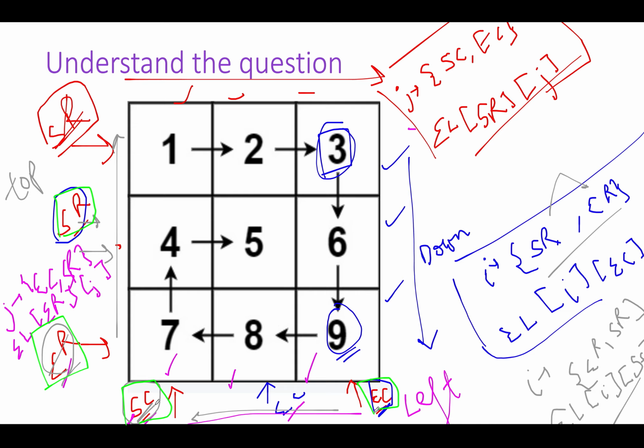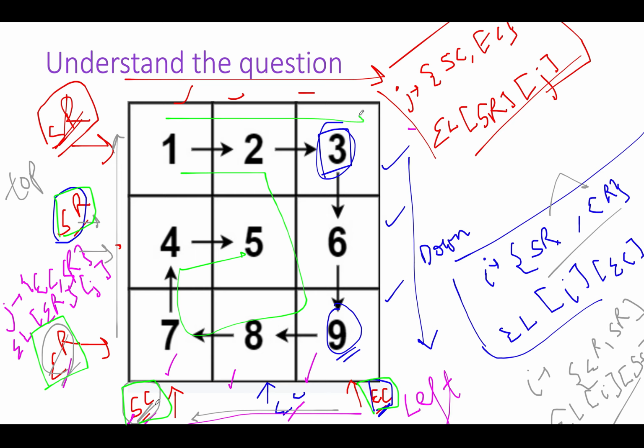If these conditions are not met, that simply means you have traversed across the complete matrix and you'll abort the process. In order to summarize this up, you have to keep track of all the 4 pointers, and once you are done with the traversal in one particular direction, you have to either increment the corresponding pointer or decrement the corresponding pointer. So let me just reiterate it once more.